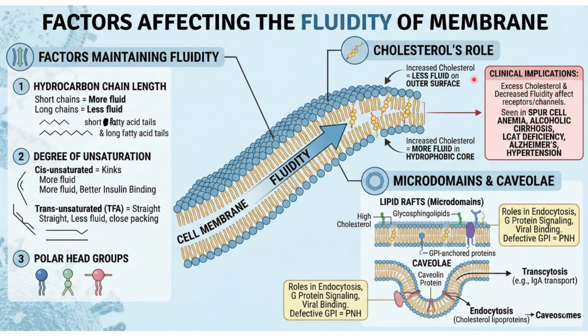And then cholesterol role, increased cholesterol, less fluidity on the outer surface, more fluidity on the inner surface. Then microdomains, they help in the G protein signaling and the particle binding in endocytosis, whereas caveolae they help in endocytosis and also transcytosis. If these are defective, the fluidity will be affected. So these are the factors affecting the fluidity of the membrane. Then next